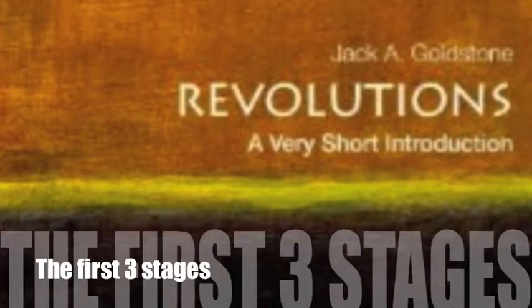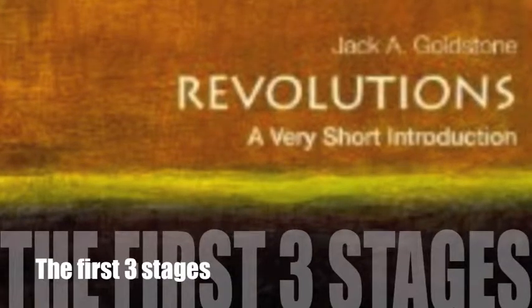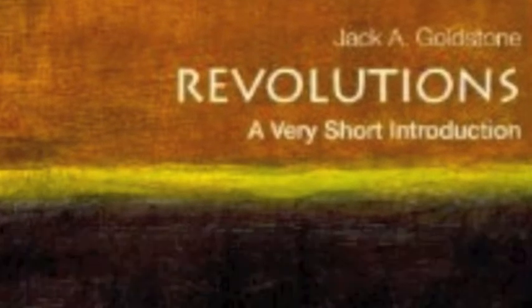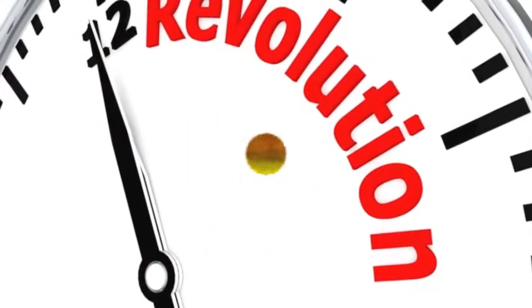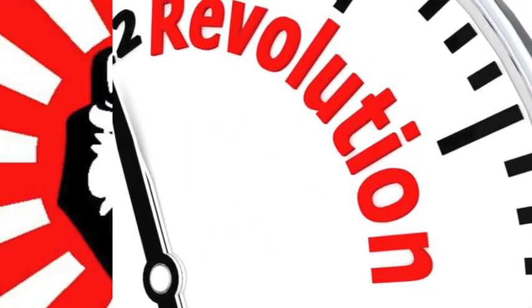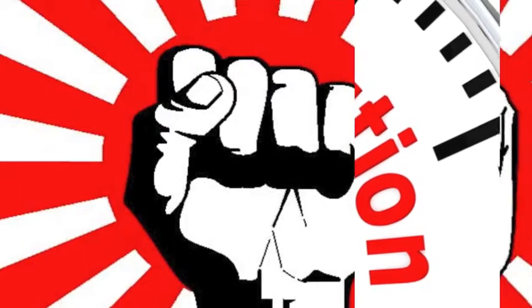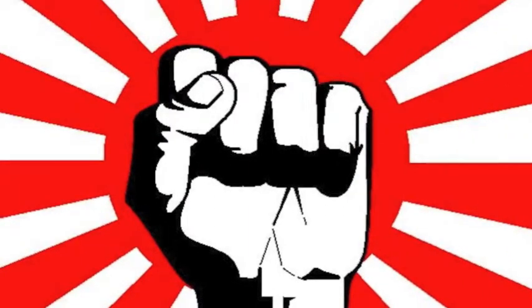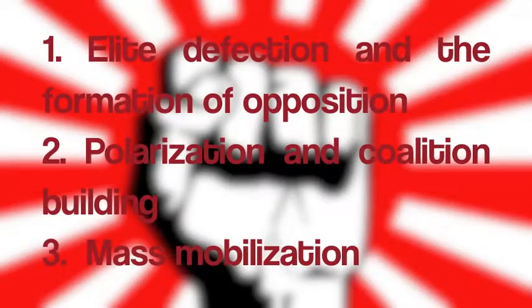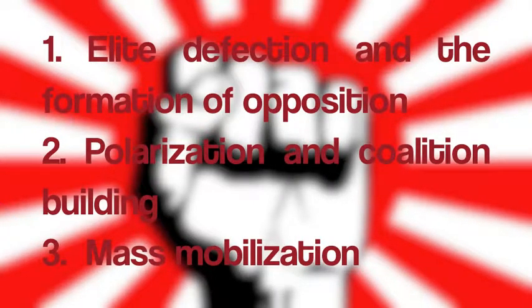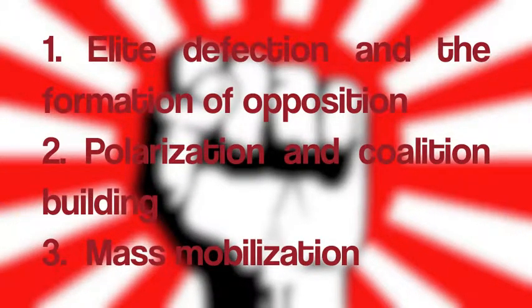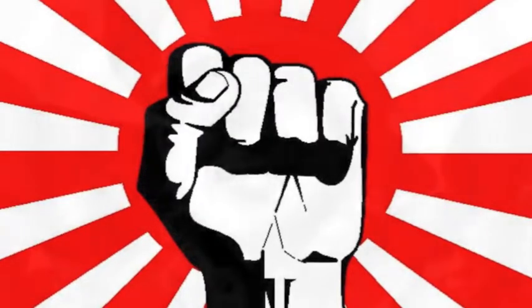In the book Revolutions by Jack A. Goldstone, he identifies 12 stages that constitute revolutionary processes. The first 3 stages are the initiating phase, or the actual revolutionary episode. The first 3 stages consist of when some of the social classes manifest their discontent to the policies of the regime through demonstrations and protests. The elite, however, take no interest in acting upon this discontent, and the protests become suppressed. The elite's participation is necessary to organize a mass mobilization capable of bringing down a regime.